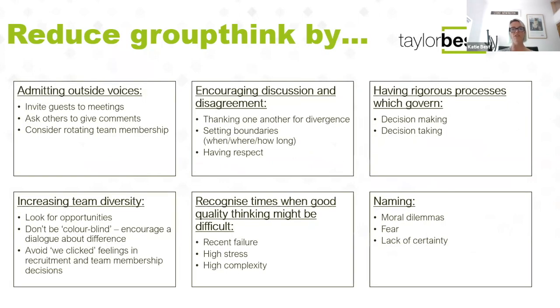Okay, so there are 6 primary ways that you can think about reducing groupthink. And these link back through to the areas which encourage groupthink. So they are trying to reduce those factors, reduce the antecedents that encourage groupthink. The first area is admitting outside voices. So if you have got a very tight-knit leadership team who never invites anyone else into your meetings, or who never encourages people outside your group to give comments, then getting those outside voices to come into the leadership space and share